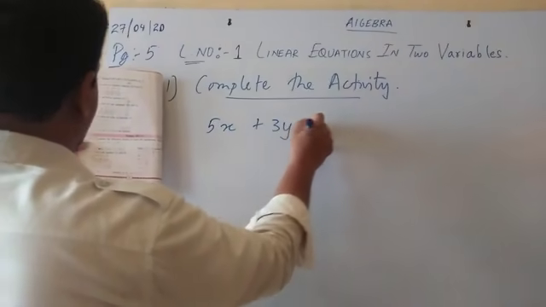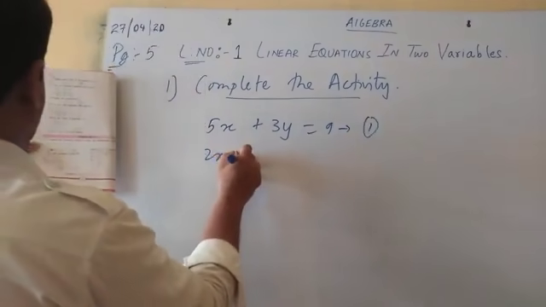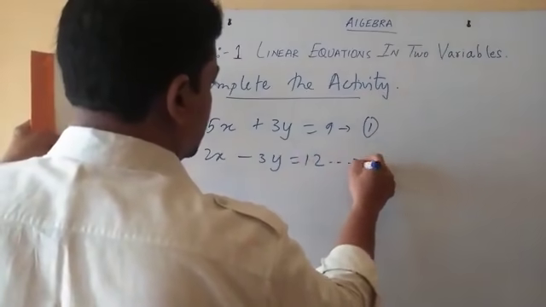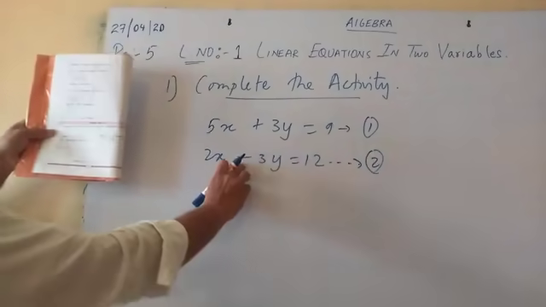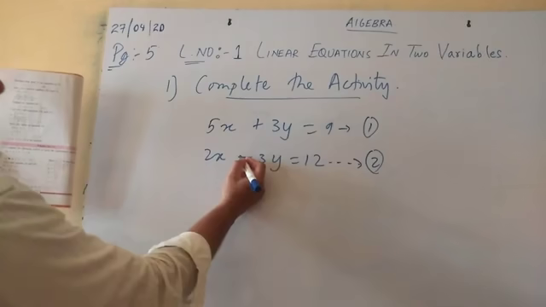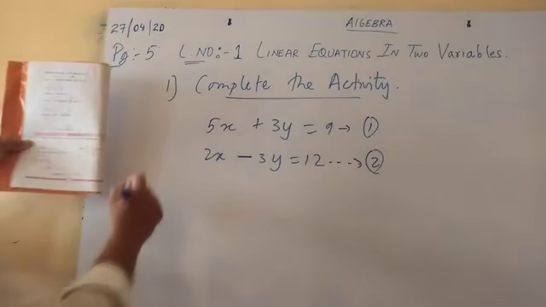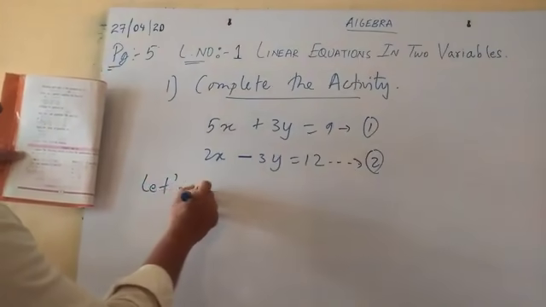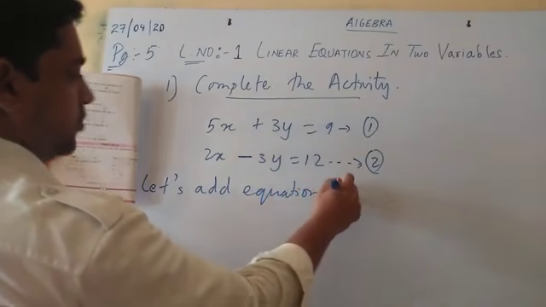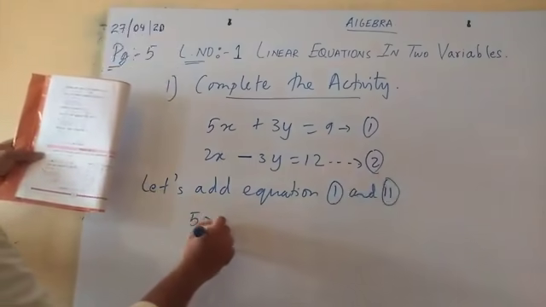5x plus 3y is equal to 9. This is given. Again 2x minus 3y is equal to 12. Again this is given. There is a printing mistake here. In some books it is printed with a positive sign here, so you have to just correct it. It's a printing mistake. You have to make the sign negative, otherwise you won't get the answer. That is the correct answer. Let's add the equations. Yes, we have done this. It's already mentioned we are adding. Now you'll have to just fill in the blanks.